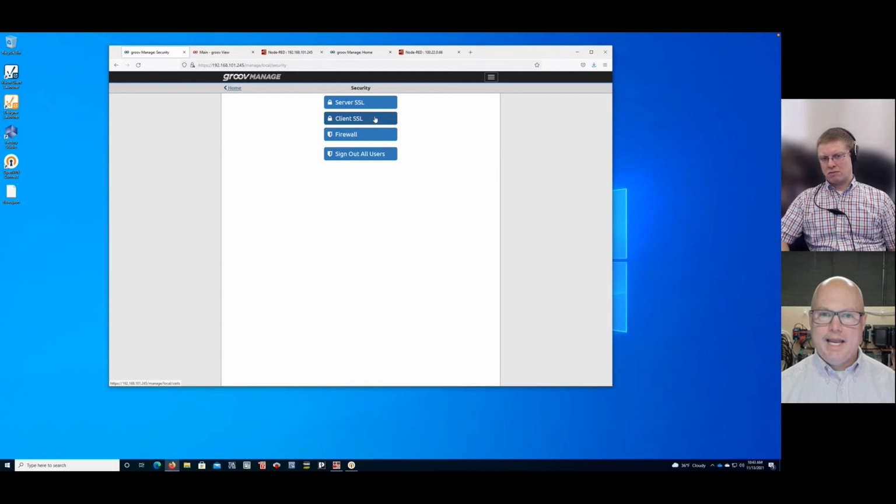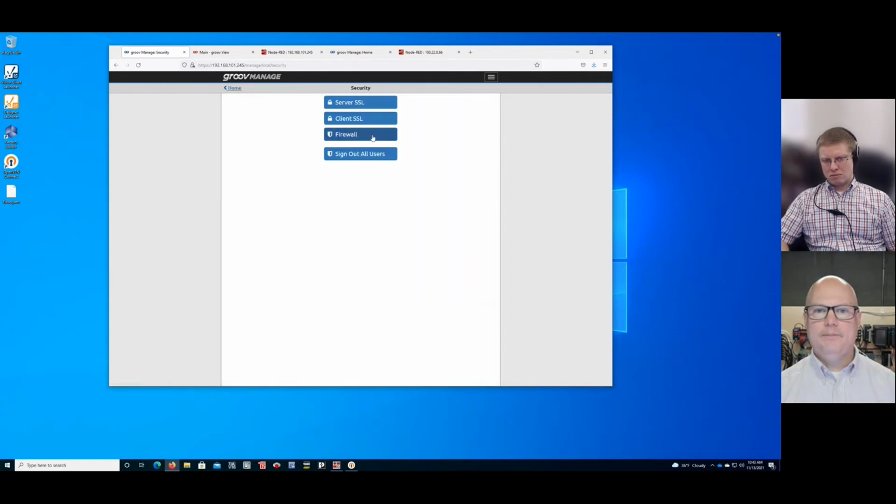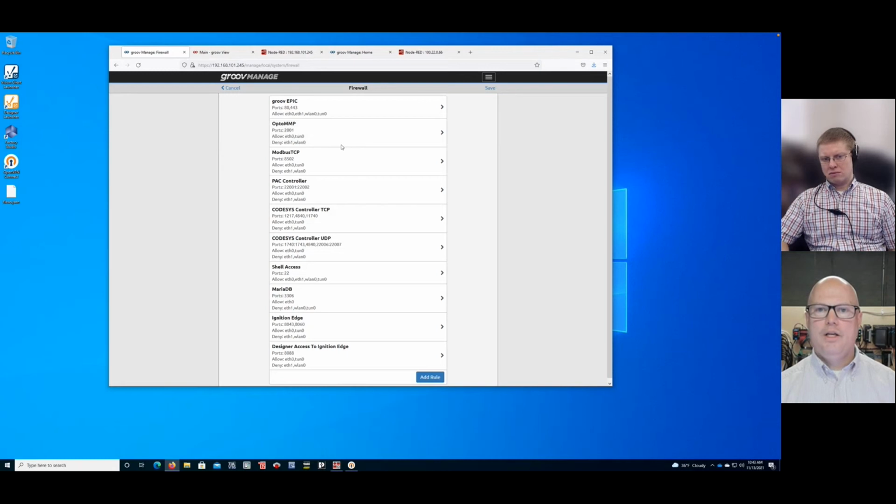You can also set up client SSL. So this would be a certificate that you create for all of your clients to use so that they can access what it is you're doing. And then, of course, there's a firewall. What can you access from the various